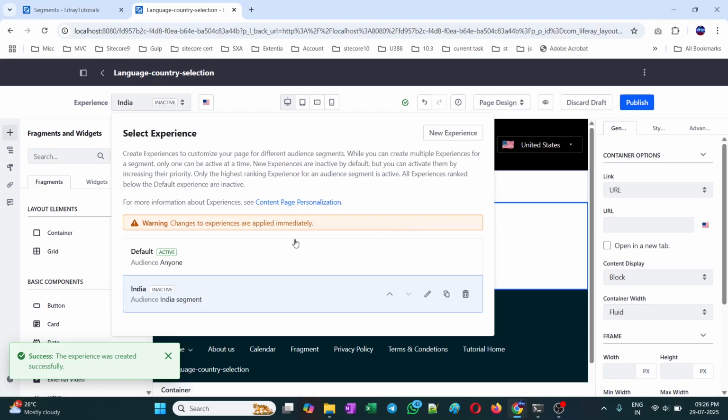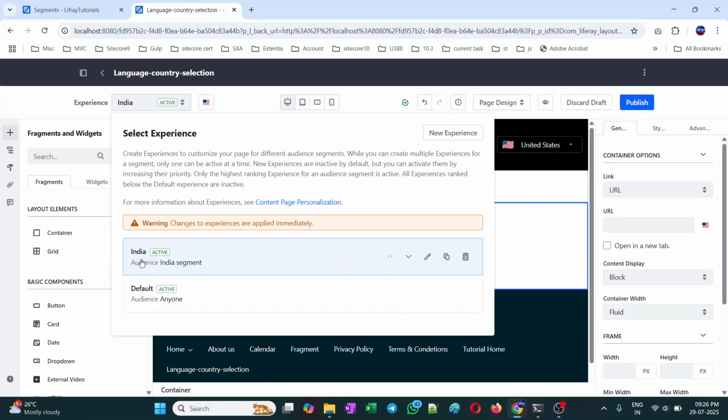Okay, and here we have to note one thing. Currently you can see the default is active but India is inactive. So default is taking the priority and India is coming as the low priority item. So we have to move this upward so that it will be active, and it will first